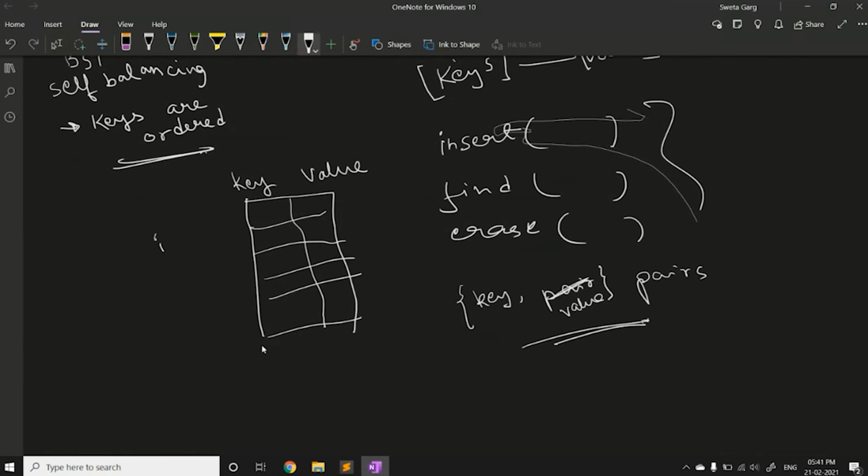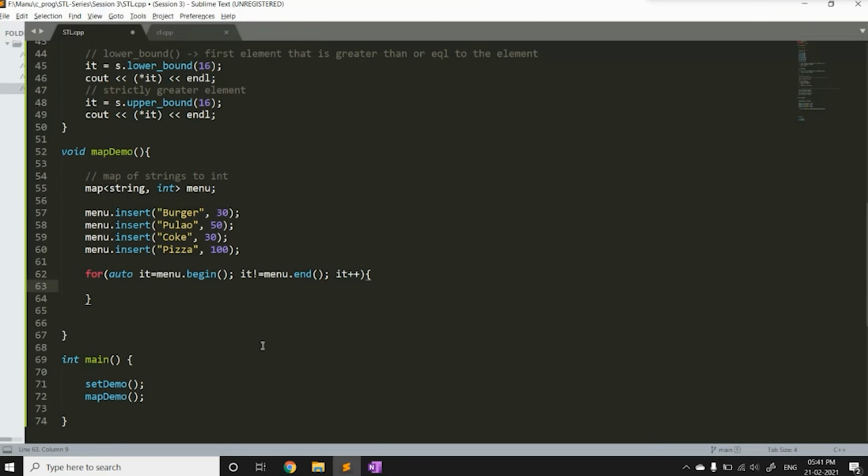Initially IT is pointing to the first element, and what my IT is currently pointing to is nothing but a pair of string and int.